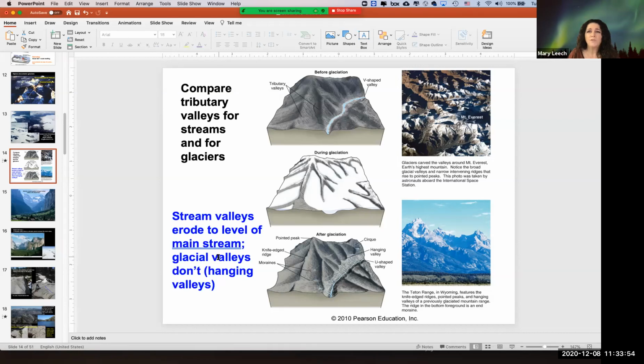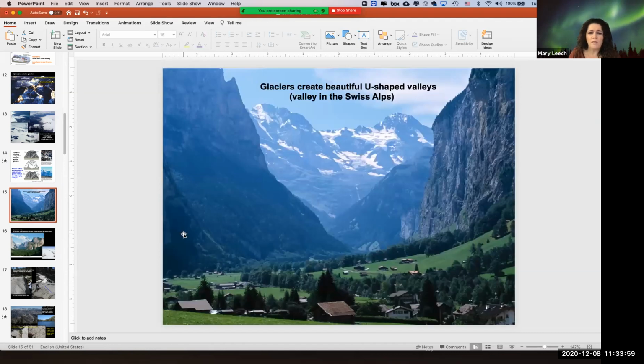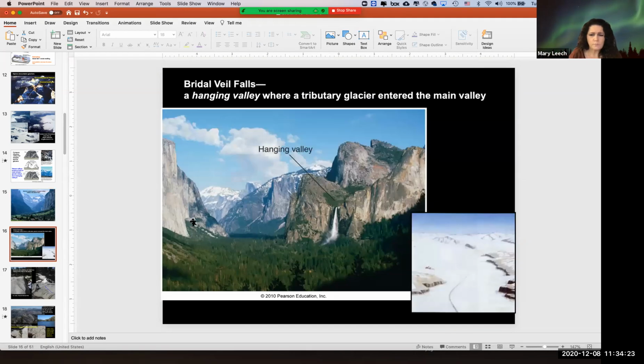So when you go up to Yosemite next time, or if you haven't been there, in the future, you should notice how U-shaped the valley is, even more so than this one. This is in the Alps in Switzerland. But everywhere you go where there was a glacier, you have U-shaped valleys. There could be glaciers up here, like right in here, in there. Those could be small glaciers that maybe don't look so small when you're up close.